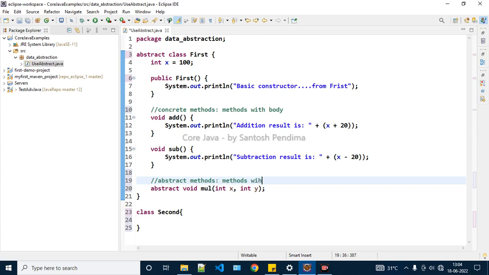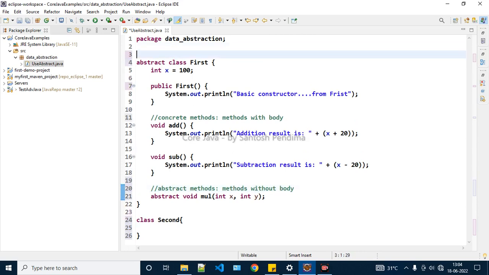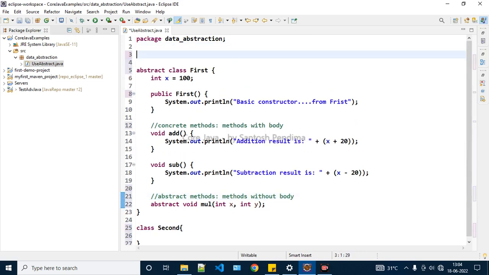And as you can see, classes which contain at least one abstract method